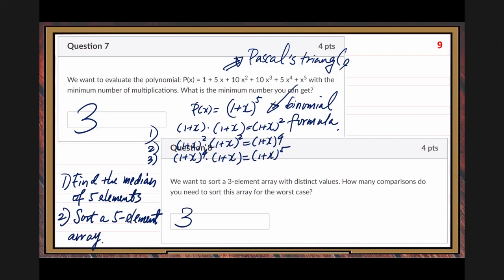I feel like I remember in the notes there was something about how when it comes to sorting, the best, worst, and average case are all the same. Is that correct? Just bubble sort and selection sort. Those two. Best case, worst case, average, just only one case. But only bubble sort and selection sort. In the general case, different.